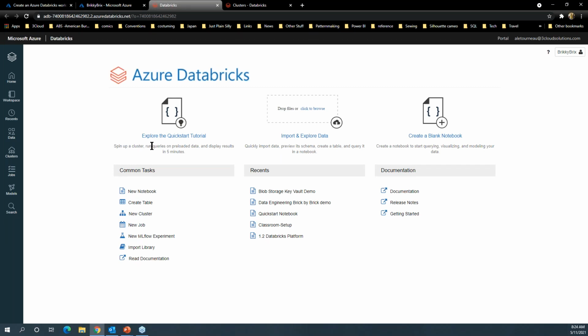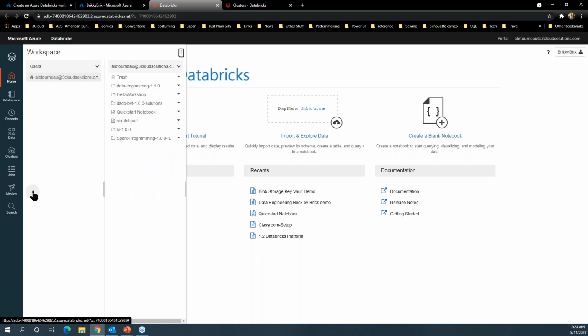Basic window, you've got your tutorials, blank notebook. These are all quick links. So if you've recently worked with certain items, they're going to be there on the list. Links to documentation, very helpful. Your home button is going to pop open your workspace information, where, as I said, you can have either all of your users' files, separated into directories, or you can have shared. These shared ones are the ones that you're going to be using for collaboration. Everybody on your team, or at least whoever is working in that particular Databricks workspace, will be able to see them and share them,